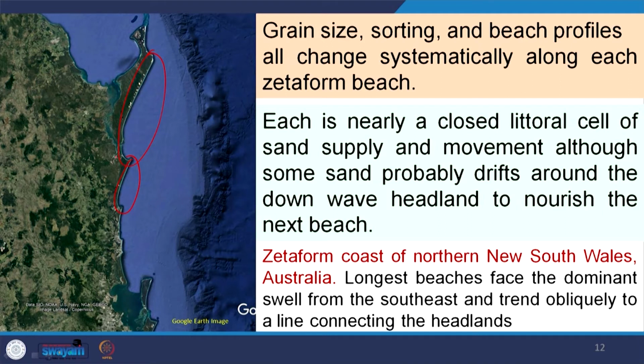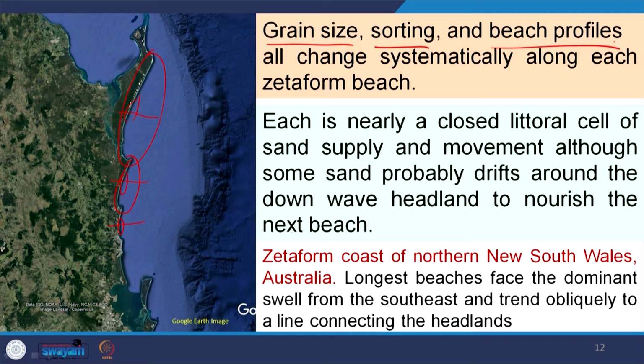That means, if you take a profile here, a profile here, a profile here, these three profiles will not match. Here the grain size will be different, here it will be different, here it will be different. We know grain size is a function of wave action, of tidal current, and of the coast characteristics. So for each zeta form, the grain size will be different, the sorting will be different,